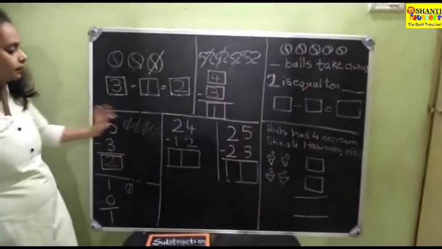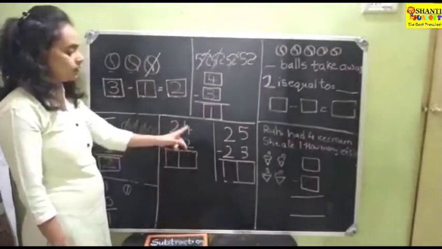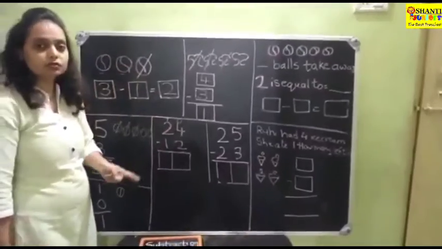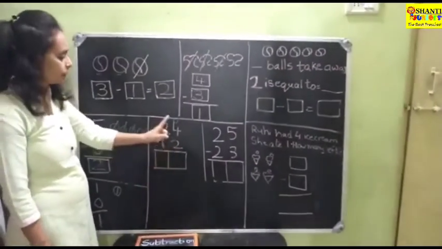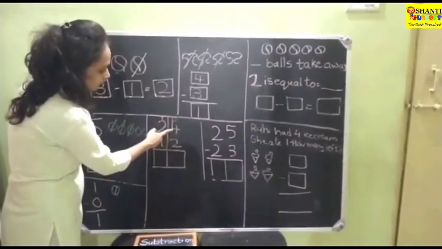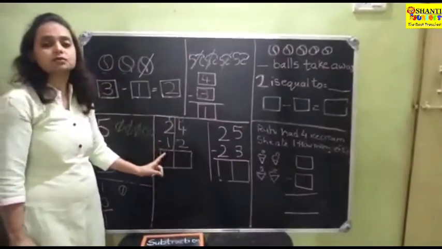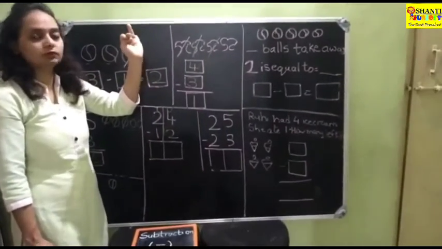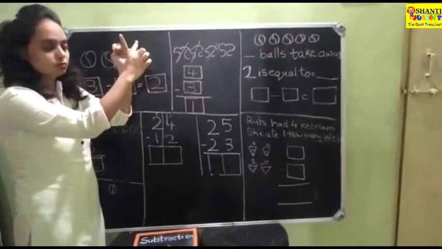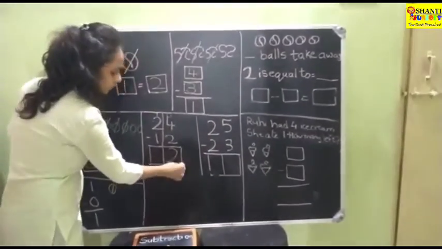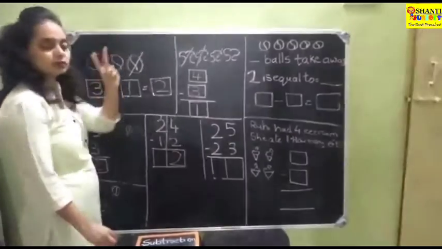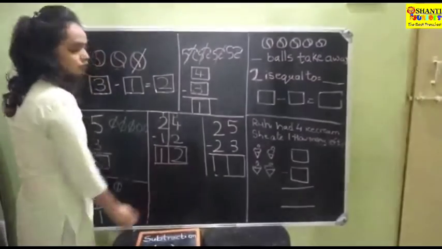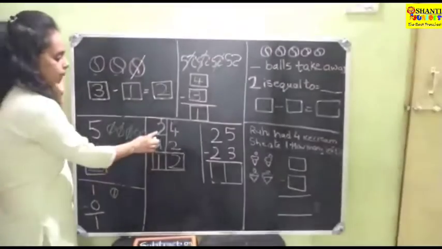Okay. You will be having, children, 2-digit numbers also. I have taught you tens and units also. So whenever you start, you have to start from the unit place. Okay. So first you have to do from here. 4, 2. These sums you have to do on your finger. 4, remove 2. How many left? 1, 2. Answer is 2. Okay, children. Now 2 and 1. 2, remove 1. So 1. So the answer is 12.